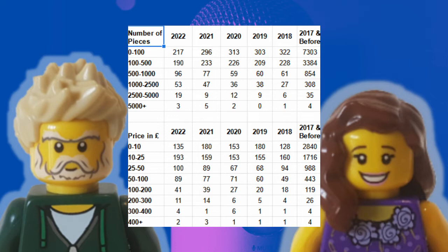Yeah. You've got some Duplo, some City, some Friends, more Dots bracelets, some Marvel, some Star Wars Microfighters. I'm not seeing Ninjago. There's one Ninjago set, whereas last year there was a whole bunch of them. Was that the spinners last year? Do they not count as a set? Well, I don't know. No, they look like actual sets. Okay, I don't remember when the spinners came out. Spinjitzu was quite a while ago, I think. Yeah, but I thought they did a new set of spinners with a different...